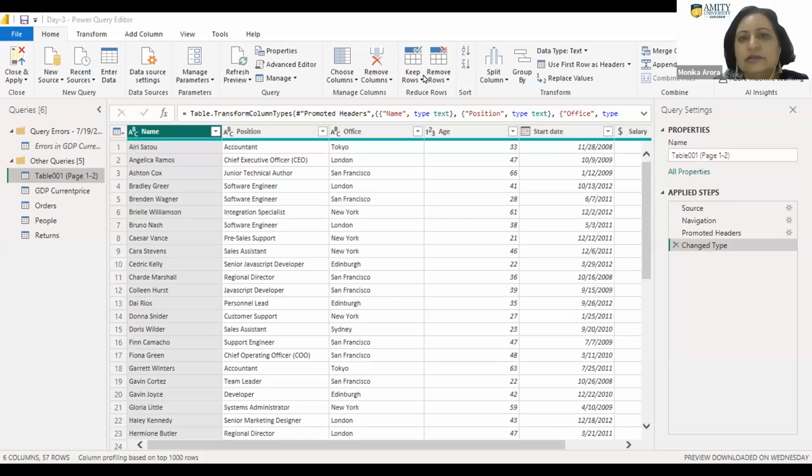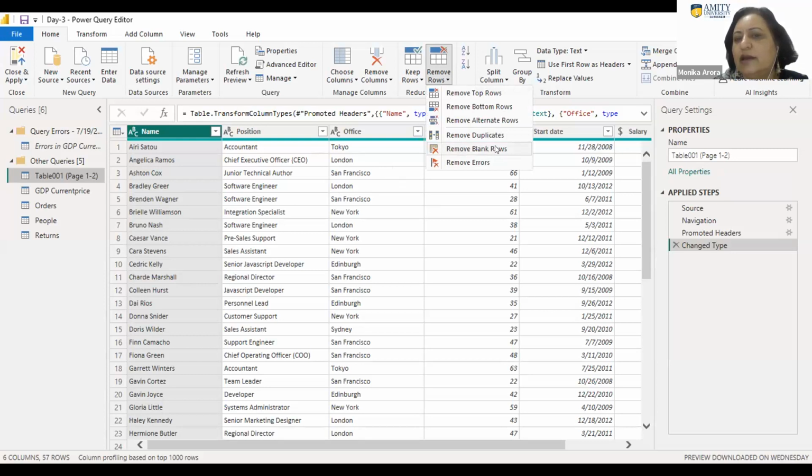Yeah. So I share the screen again because there is a pop-up with the query editor. So this is the query editor, right? You can have the rows. There is an option called remove rows, right? So I can click here. Then there is an option called remove blank rows. So once you click on remove blank rows,